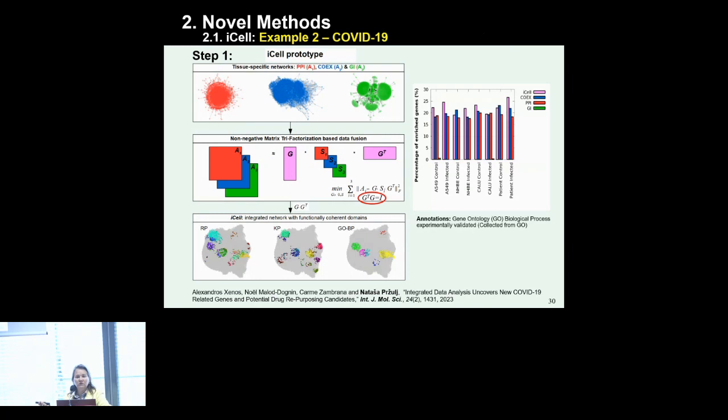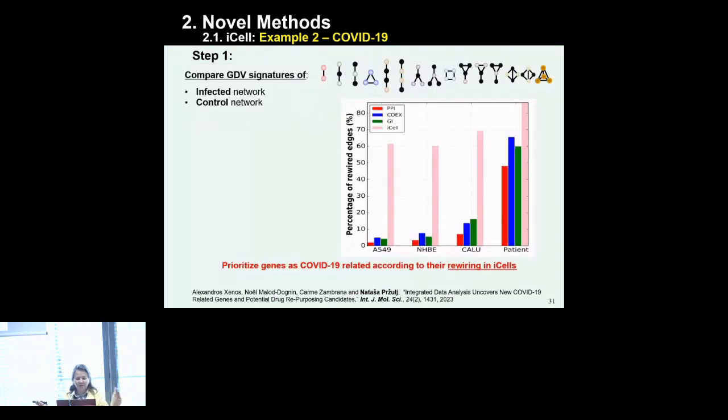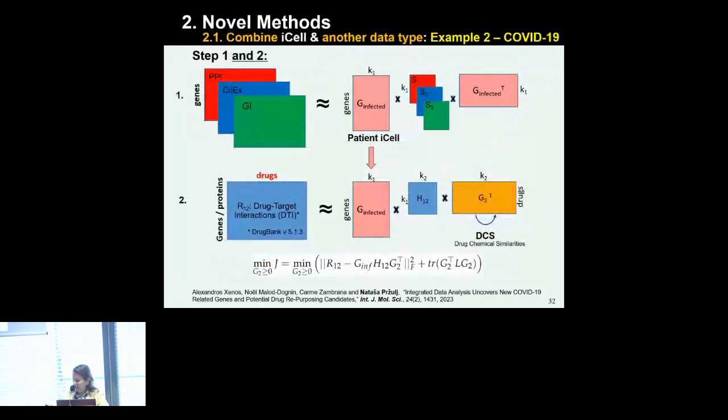Again, only in the iCells. Basically, the iCells are more enriched than any of the constituent data types. Then these graphlet-based signatures between healthy and control, we find their rewiring. It's biggest in iCells. And then we do the second